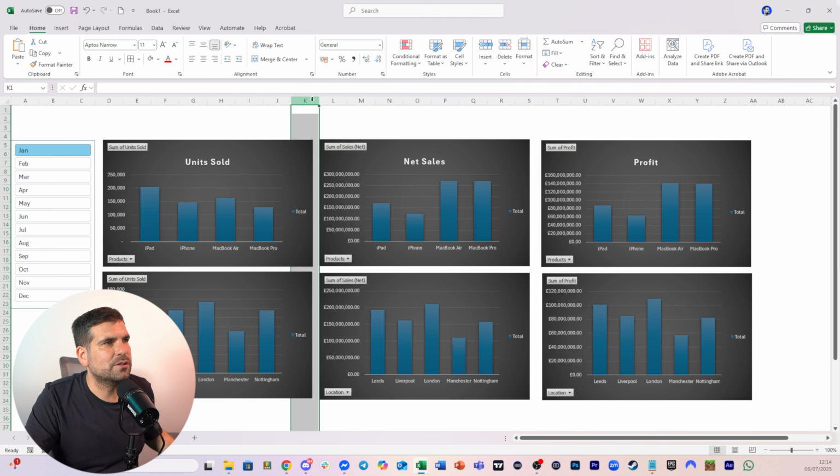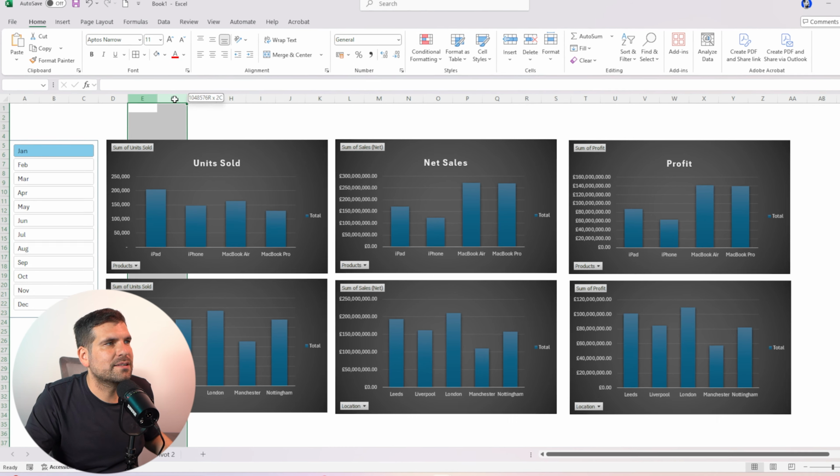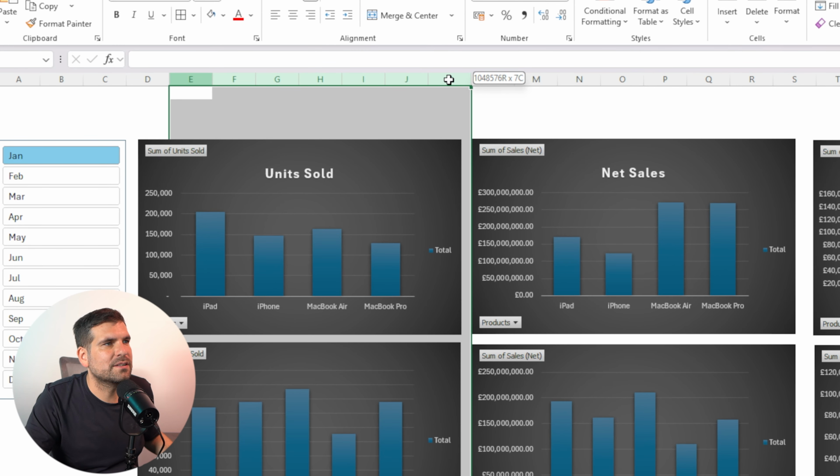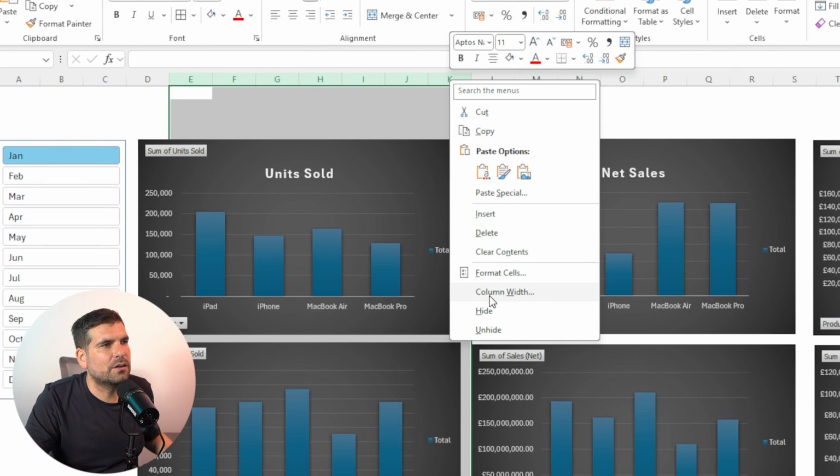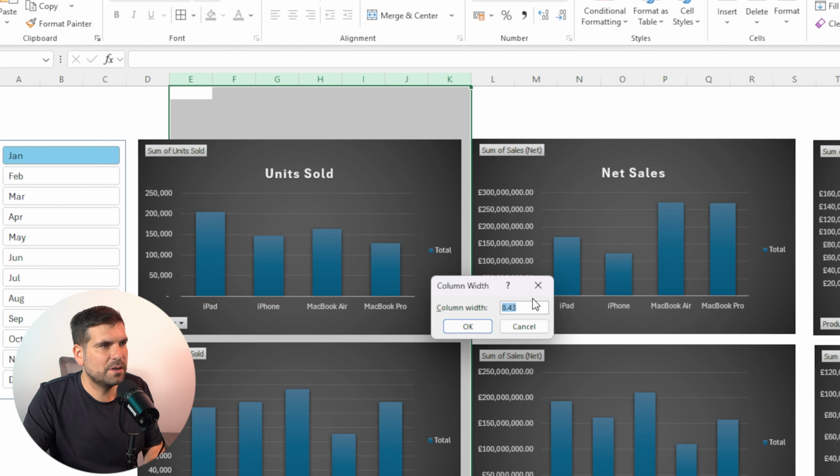Now what I'm going to do here, I think, is adjust the column widths and then look to make the charts the right size for the columns. Okay, so I'm going to go ahead and select 1, 2, 3, 4, 5, 6, 7 columns. I'm going to right click on those and I'm going to go column width. Looking at the size of this, I'm going to make them 9